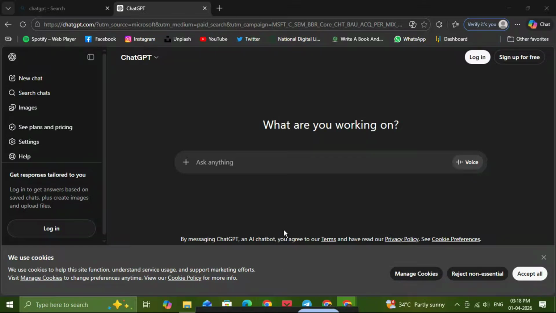In today's video, I'm going to show you how to download the ChatGPT4 desktop app for free. Or more accurately, how to create a quick desktop shortcut from your browser so you can open ChatGPT in just one click. This is a super simple method, and it works great if you want faster access without searching for